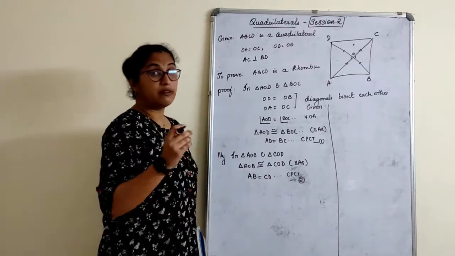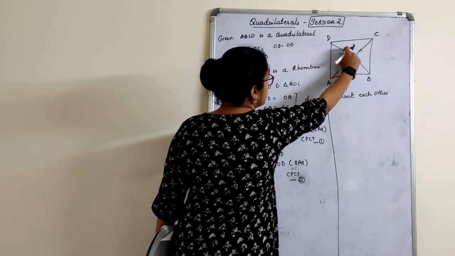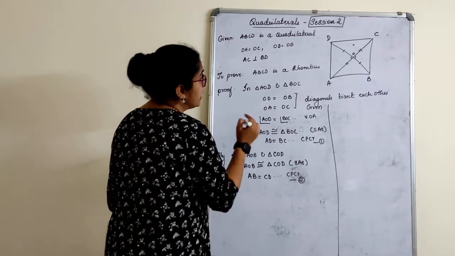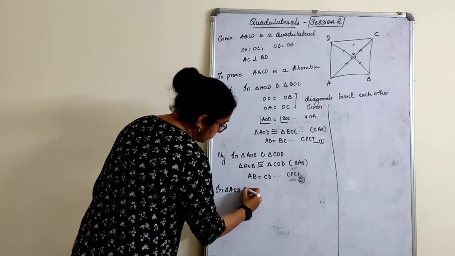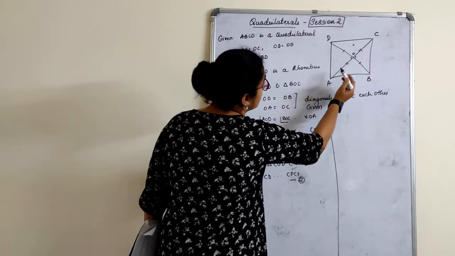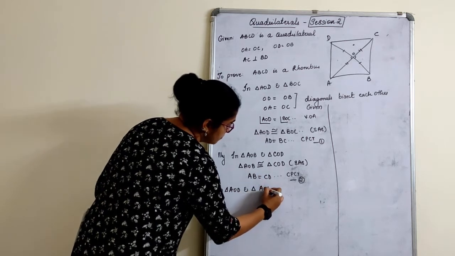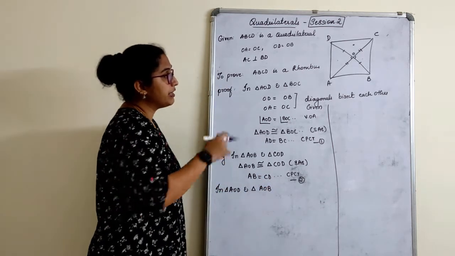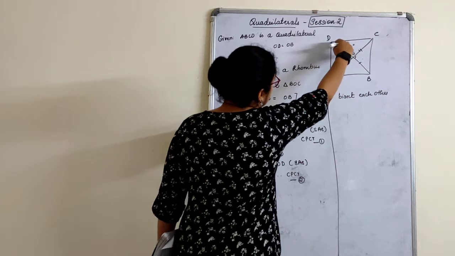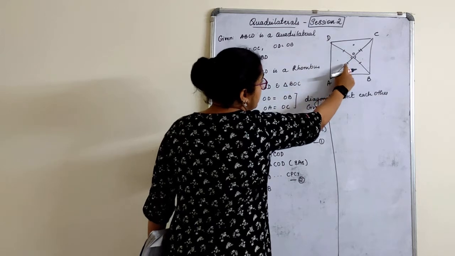Now I will choose one adjacent triangle. Which adjacent triangle? Any adjacent triangle. Either this or these two or this, right? So we'll say in triangle AOD and triangle, what we will choose here is AOB. In triangle AOD and AOB. Now opposite sides are equal, we have put this is equal to this and this is equal to this. Now in these two triangles, can I tell OD is equal to OB, now see here, this side is equal to this, I will tell here now, right? Now this is the common side.